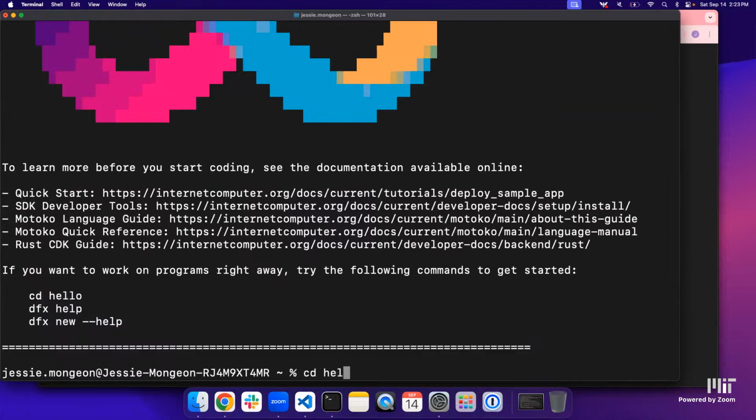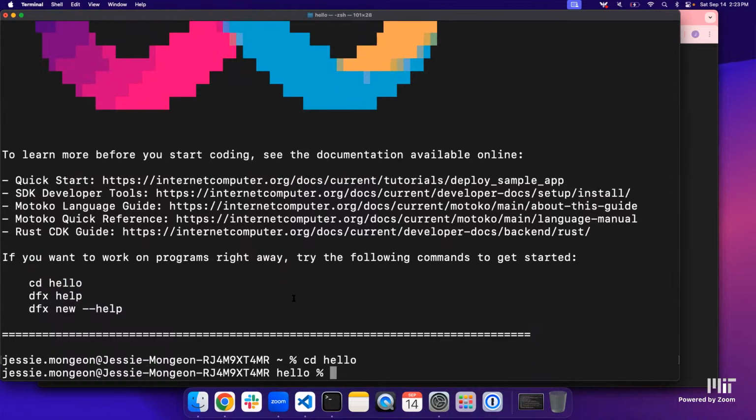So if we just navigate into the hello directory, and then if we just want to take a look, for example, at what we have for the backend, we can do hello backend, and it's just going to have that one main.mo file. And then if we want to take a quick look inside of that,